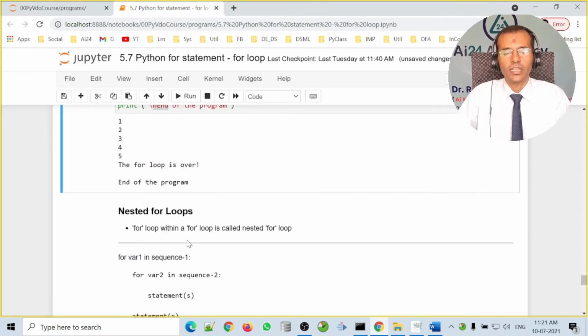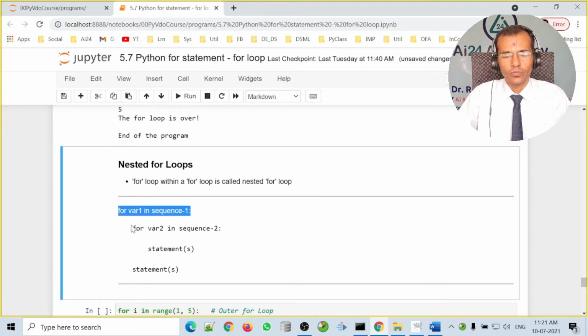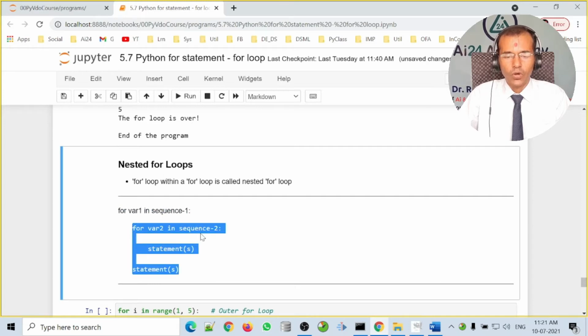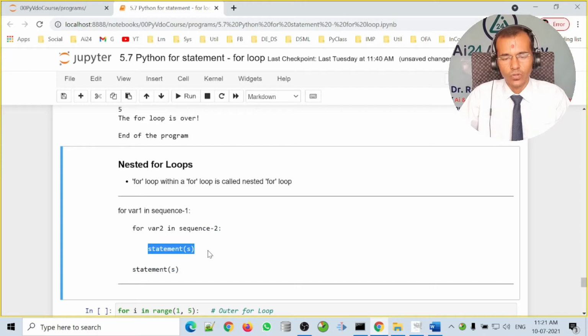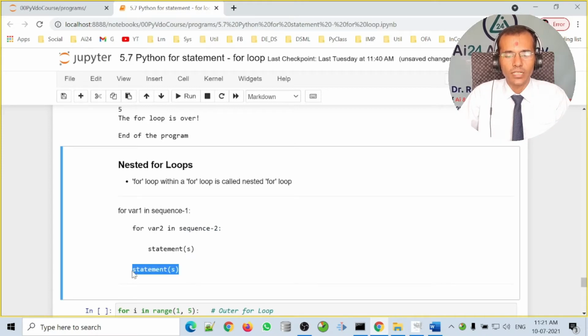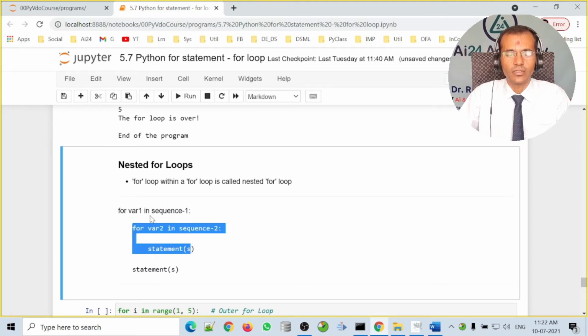Now let us look at what is the meaning of nested for loop. So a nested for loop is nothing but a for loop within a for loop. Here we have a first for loop, then the second for loop within the first for loop, and this complete block is considered as a part of the first outer for loop, and this is an inner for loop, and for the inner for loop this is a block of statements, and these statements are outside the inner for statement but are within the outer for statement. The syntax of each of the for statements is the same as whatever we have discussed earlier, but the only thing is here we have a for statement within another for statement.